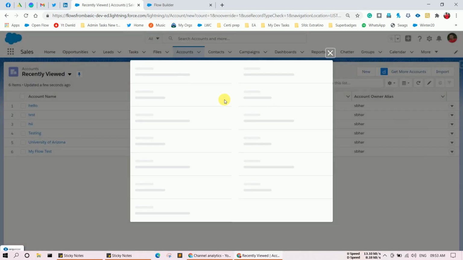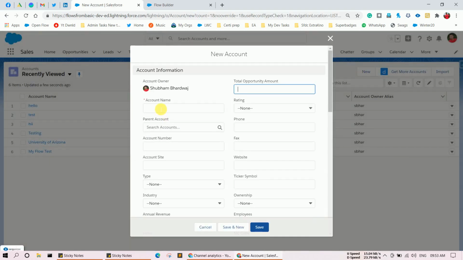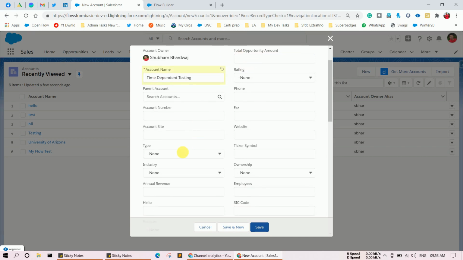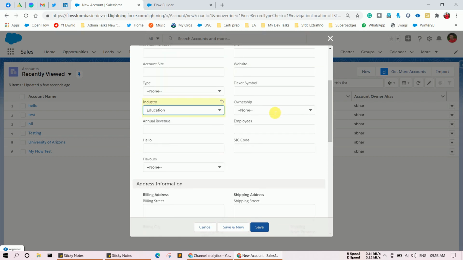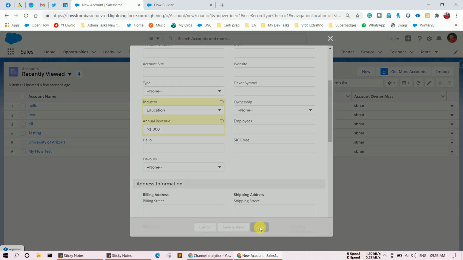And here I'm going to provide a name. Let's say time dependent testing, and where my industry equals education, and my annual revenue is $1,000. Let's click save.